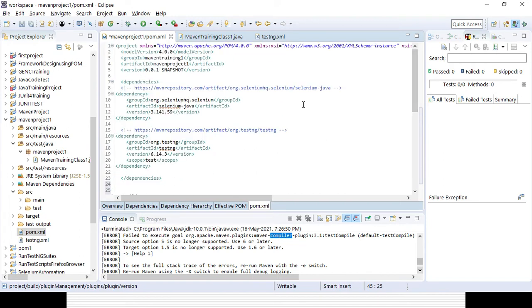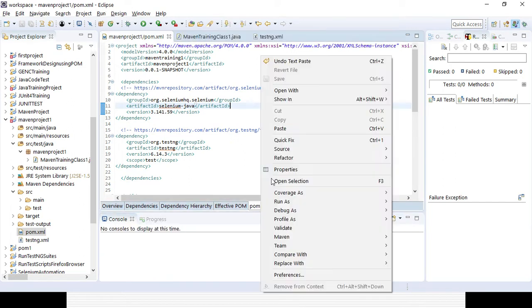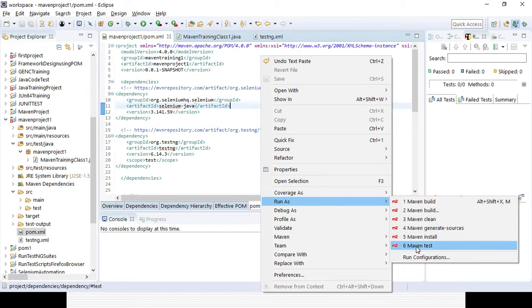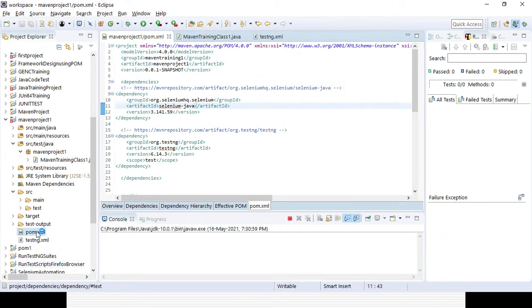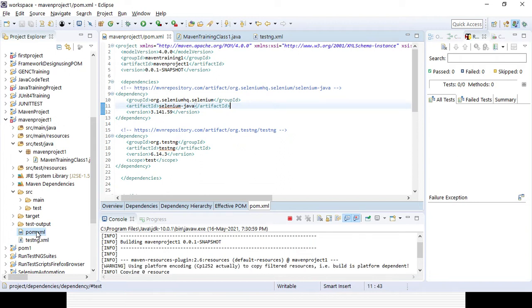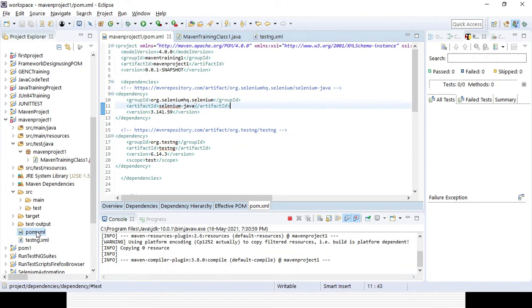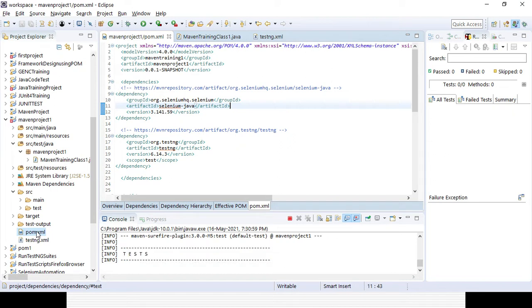Okay, now let's save it. It will try to save the workspace. Once it is 100% done, now try to run it. Let's clear it. Run as Maven test. You can also directly right-click the pom.xml file and run as Maven test. If you run Maven test, it will first clean the Maven project, compile it, and then run it, but it will not package it, right? That is not available if you run from the pom.xml file. That is the reason it is required to run from the command prompt, so that you can package it also.